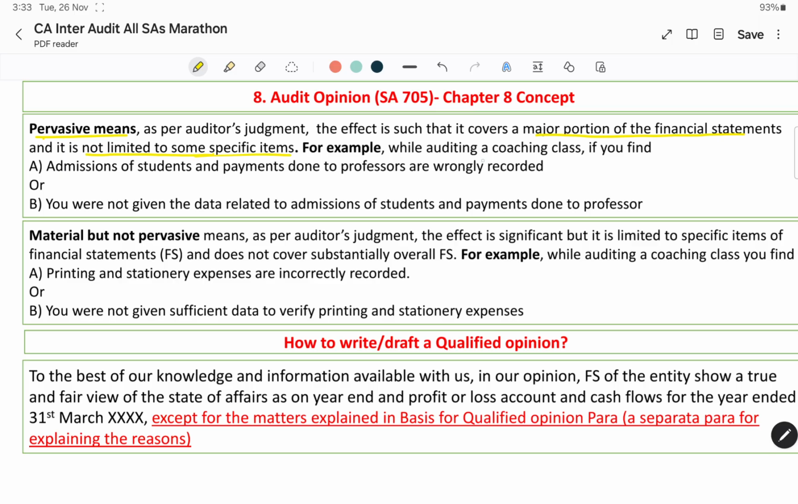For example, while auditing a coaching class, if you find admission of a student and a payment done to a professor are wrongly recorded, or you were not given the data related to admission of the student and payment done to the professor. Material but not pervasive